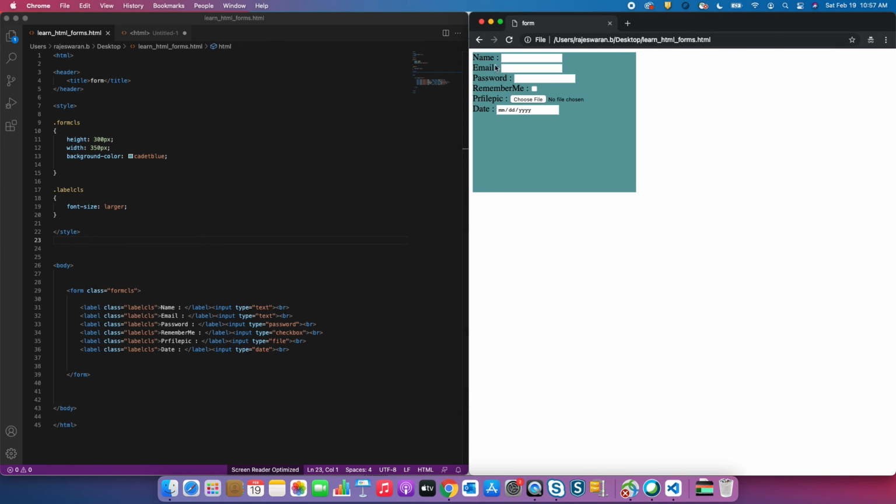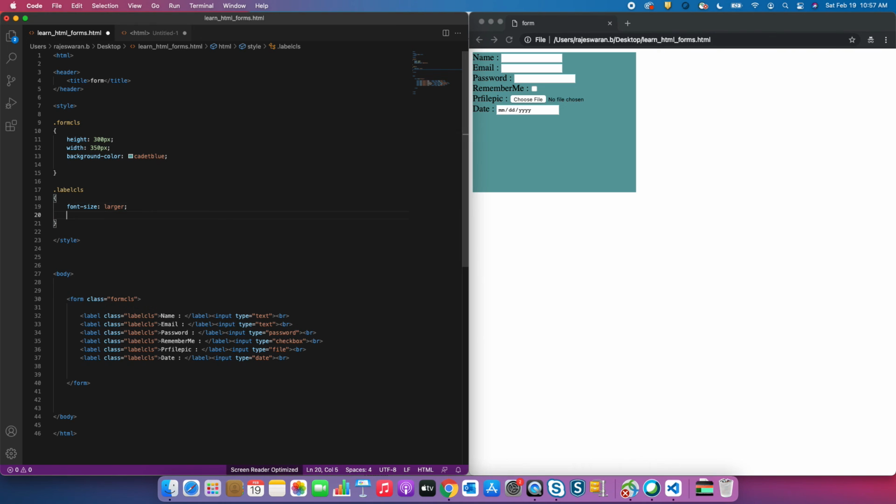Let's see how it looks. Look, the size increased. And let's create, so just look at this, the alignment is not good. The reason is some labels are small, some labels are big. So in order to make it the same, the good way is you need to define the label size. If you define the label size at this width, for example